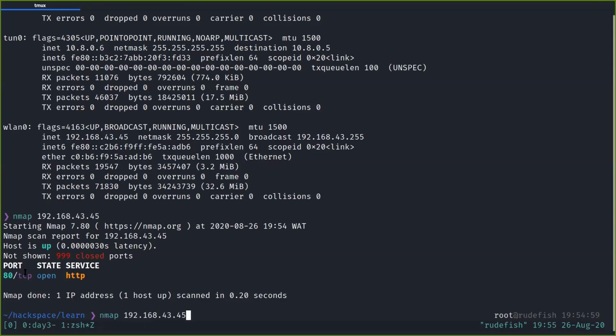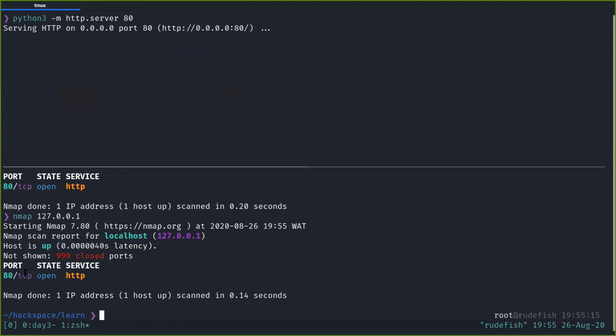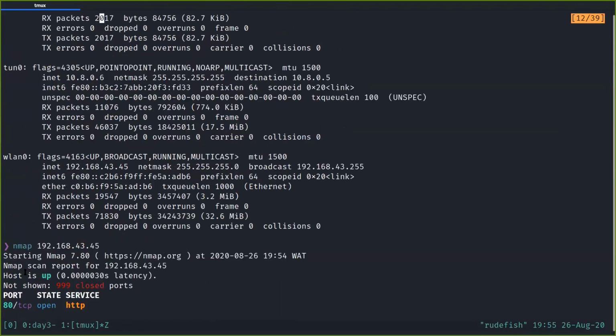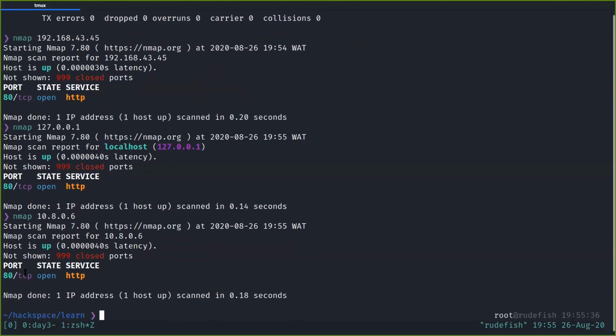If I run it on 127.0.0.1, which is localhost, I get it open. If I run it on another interface, let's use the tun0 interface, I'm assigned 10.8.0.6. If I run the same command on 10.8.0.6, I'm going to see that the same port is open. So that means generally that particular service is running on all ports because it is binded to all interfaces as